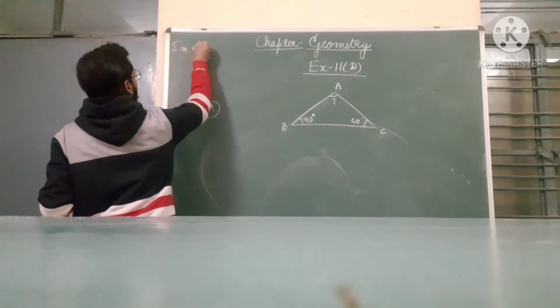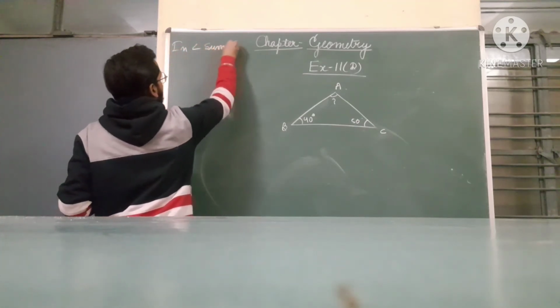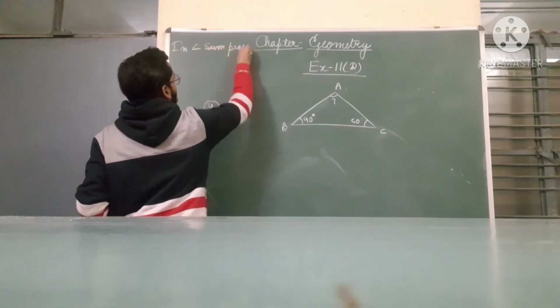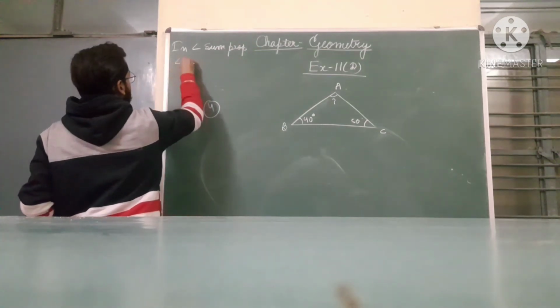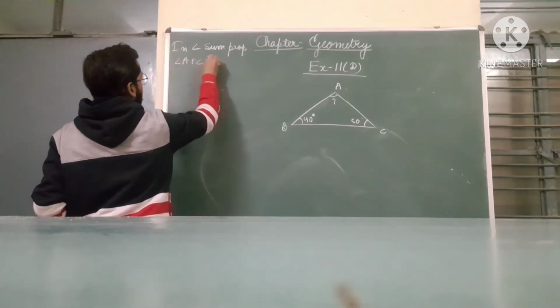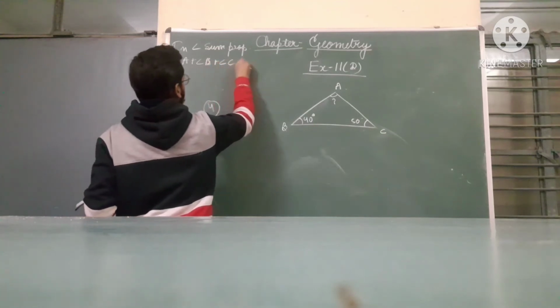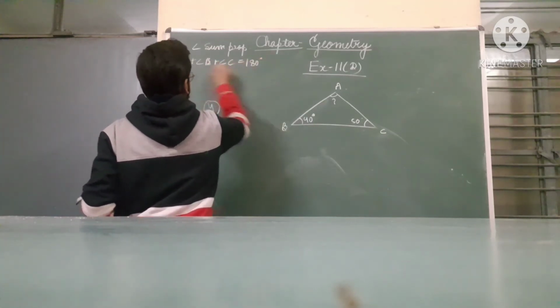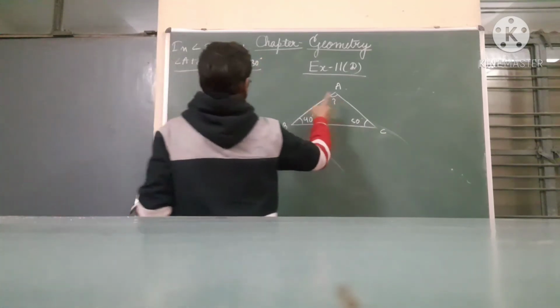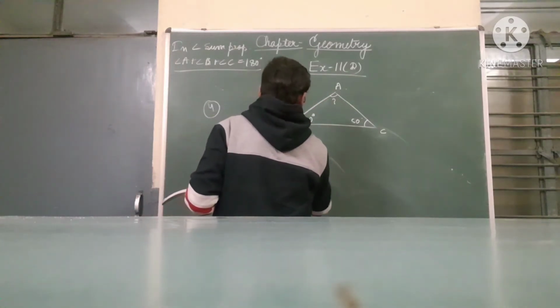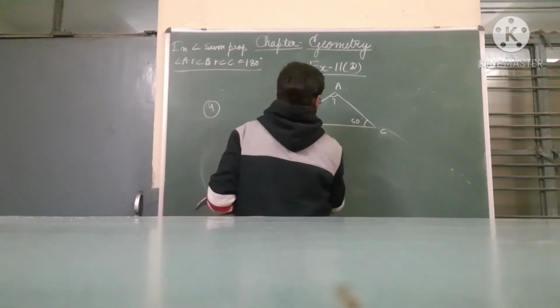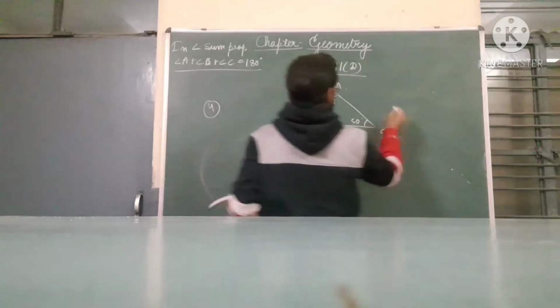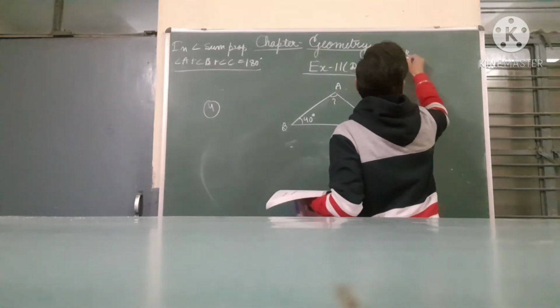In the angle sum property, the sum of the angles of all triangles will be 180 degrees. That is called the angle sum property. So suppose we have to find the value of angle A. So we can write it by, I am starting from here,